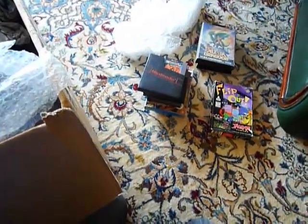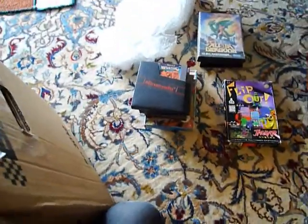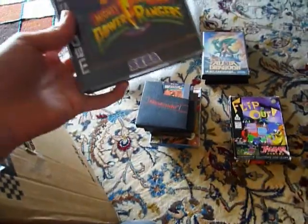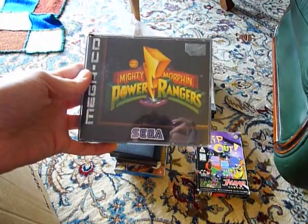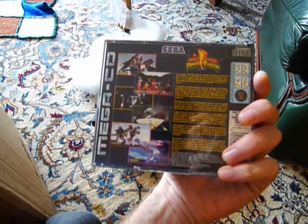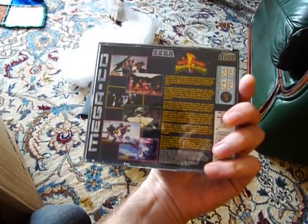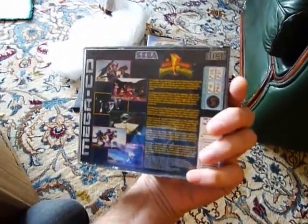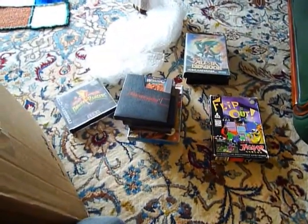Okay, let me just jump in here, and I'm gonna give away what the second system is in this box, because as you can see here we have some Sega CD games, and this is Mighty Morphin Power Rangers. I never played the Mega CD, and it had a lot of crappy FMV games, but it also has some really good titles, and this is one of the crappy ones. But as far as I can tell from YouTube videos, it's pretty hilarious, so it's a fun thing to own